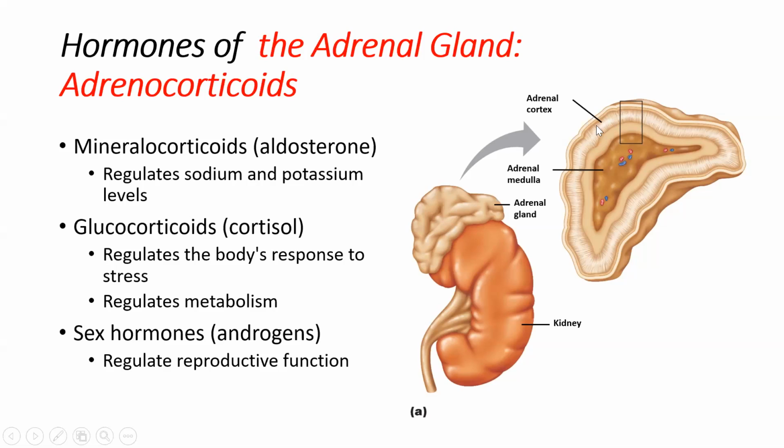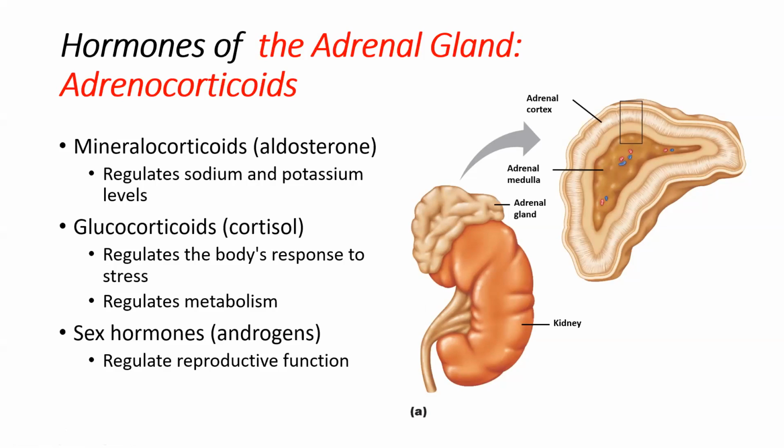But we've also got this cortical region or this cortex region of the adrenal, which is involved in hormone production. This is where we have adrenal corticoids being produced, and they're involved in some of our endocrine function. They're also involved in the hypothalamus adrenal axis as well. So here we have 3 hormones being released. One is the mineralocorticoid. It's called aldosterone. That is involved in sodium and potassium regulation. It's going to be active in the kidneys in helping to balance out our sodium and potassium reabsorption in the kidneys. The second hormone is